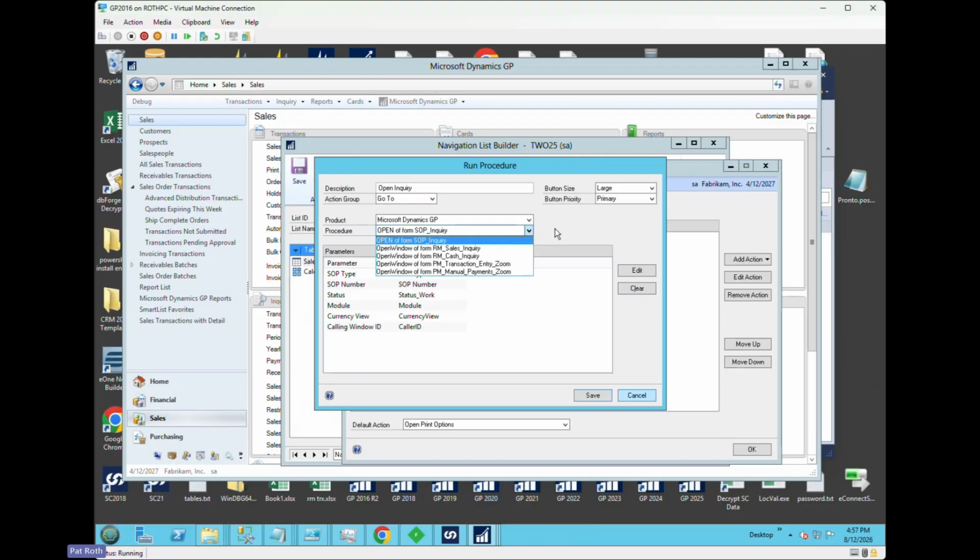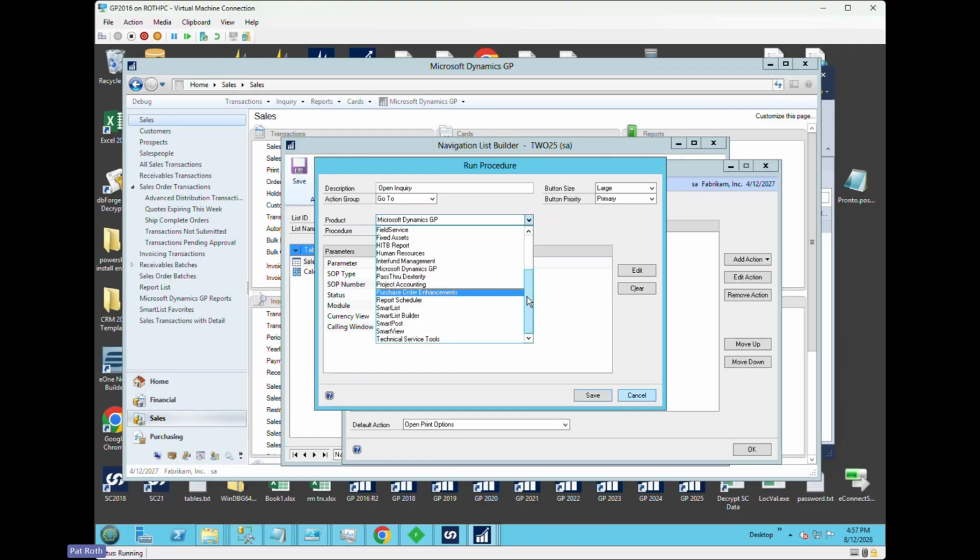We'll notice none of them are print, but with some Dexterity coding and a customization following the documentation that's attached to the blog article,